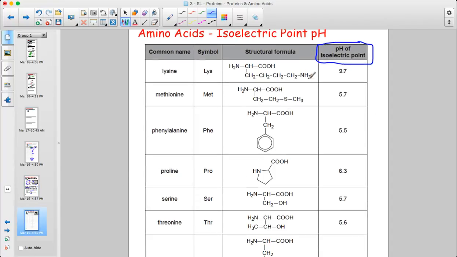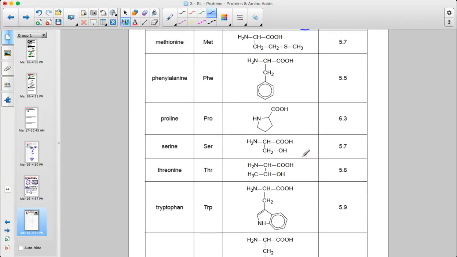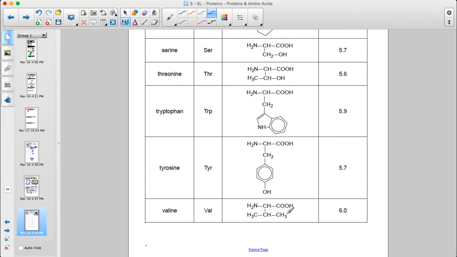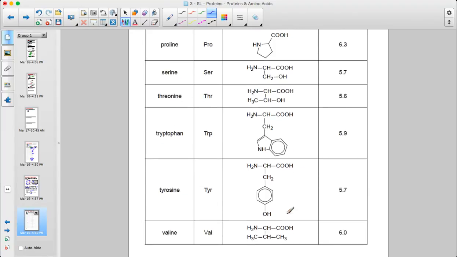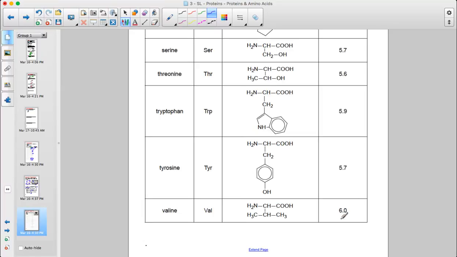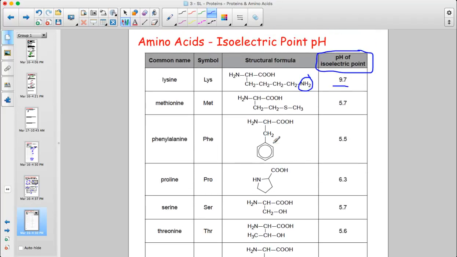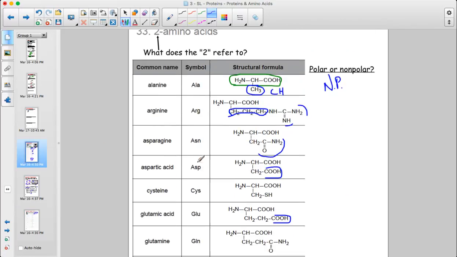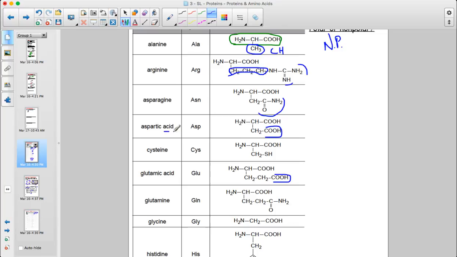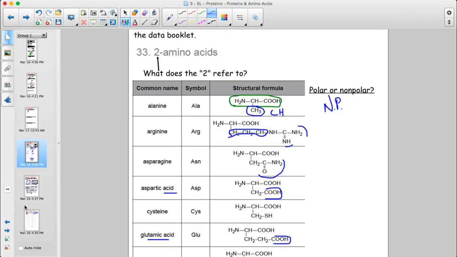Okay, so we can look here, and you'll see when there's an amine, the isoelectric pH tends to be quite high, associated with base. When you have one that is, let's see, I don't think we have any here that have acid groups on them, and you'll note that these are all really around the mid 5s to 6, because these all have pretty much non-acidic or basic functional groups. But if you look back at the other part of the table here, these ones that are called like aspartic acid or glutamic acid, they have quite low isoelectric pHs, which you'll see if you look in the data booklet.